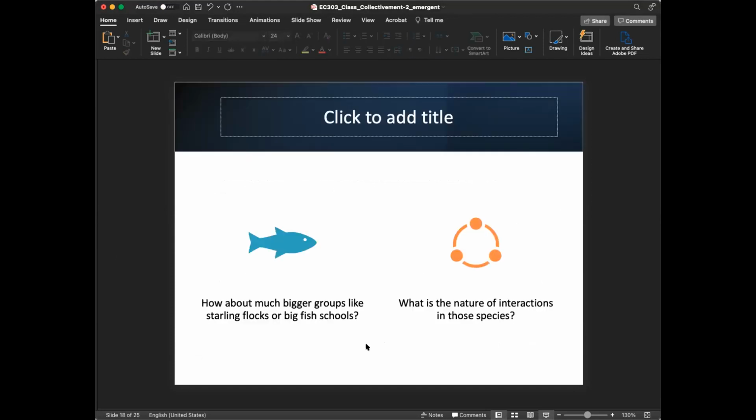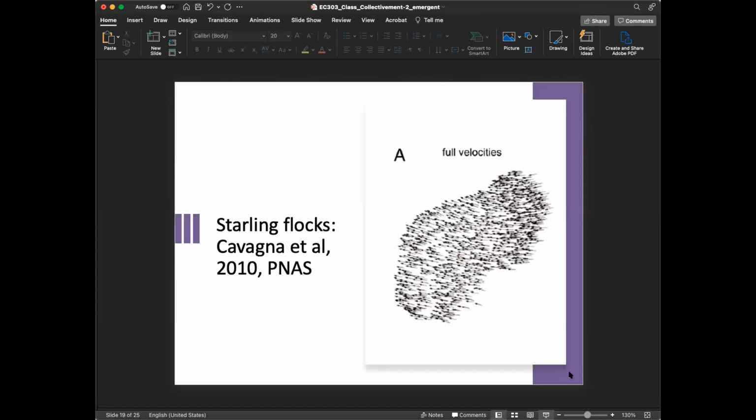So let's ask a more general question now. This is what they found in the context of pigeons. What about other birds? What about schools of fish? Will there be such hierarchical relationships? And also one can ask, what is the nature of interactions? How do they relate back to the simple agent-based models of Vicsek et al. or Couzin et al. that we discussed in the beginning? So let's discuss more about these issues.